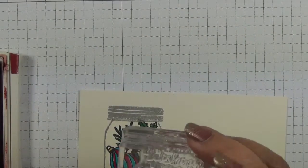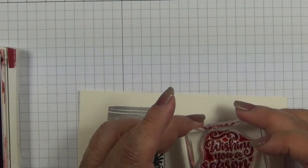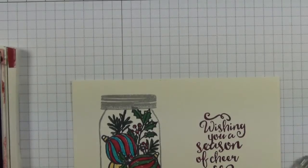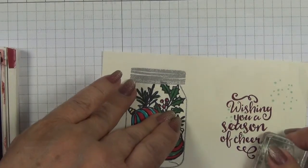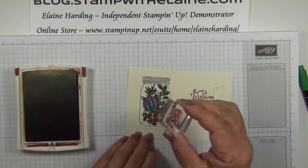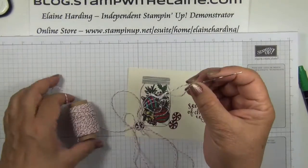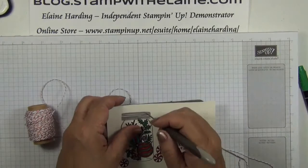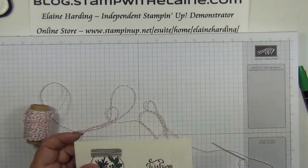I'm going to stamp the sentiment, wishing you a season of cheer in cherry cobbler. I'm going to use this image, which are little speckles, and I'll stamp that in soft sky randomly. Little candy here in cherry cobbler as well. Threaded my baker's twine through a tapestry needle. I'm just going to use my piercing tool to just help me make a couple of holes through the cardstock,